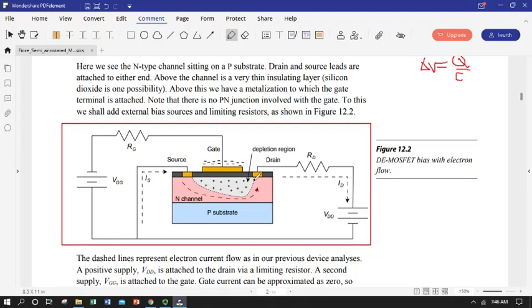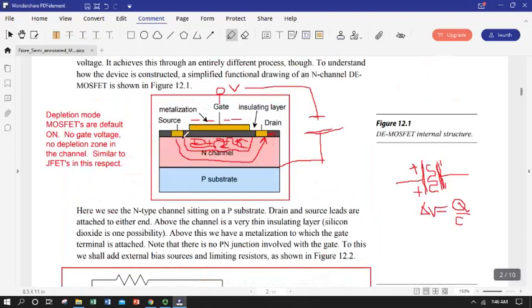Electrons are going to flow towards the positive, so there's our source to drain voltage effectively being achieved here. And we've got the gate hooked up to the negative terminal of our source to gate bias voltage, and here's our capacitor effectively. Negative charge at the gate, positive charge down in the channel, grows the depletion zone. Okay, so just like a JFET,